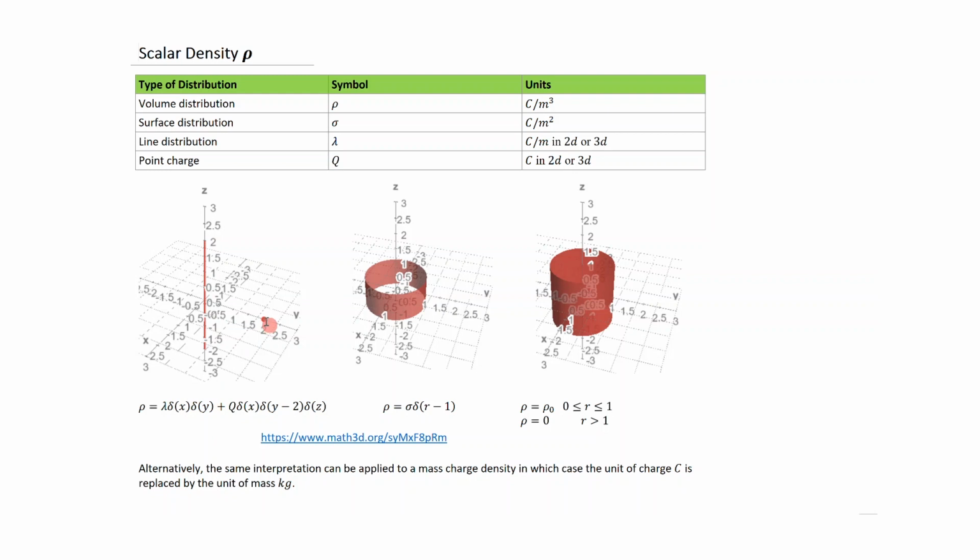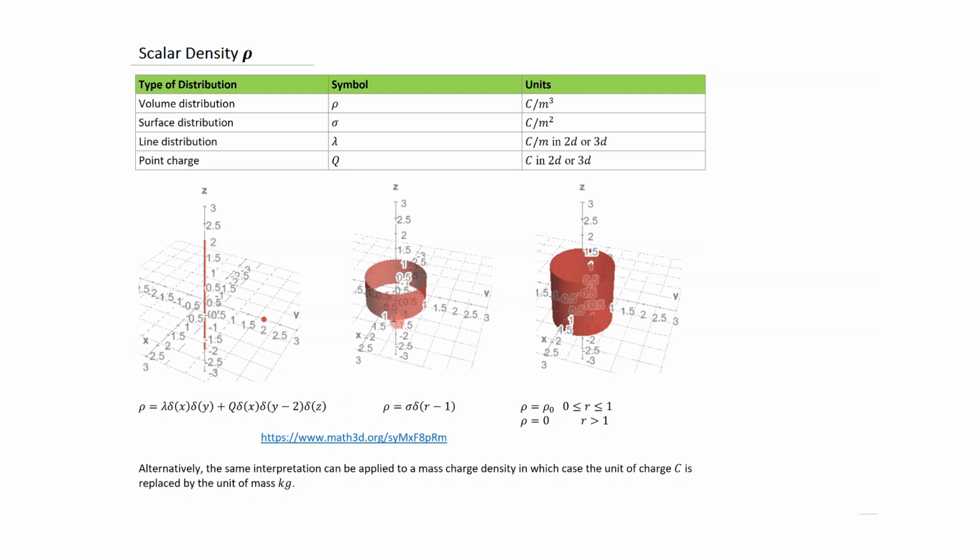And this is a point charge, so this would be Q. It's a three-dimensional point, so there'll be three delta functions in this case. Delta(x), because it's at x equals 0. Delta(y minus 2), because it's displaced by 2 units along the y-axis, and basically it's at delta(z). So this represents the charge density of the point source,